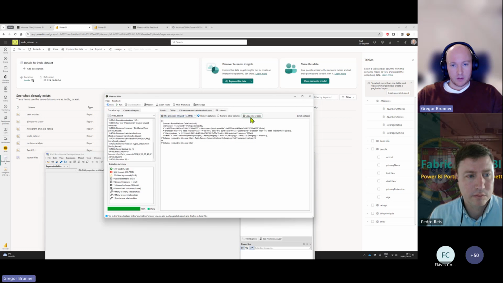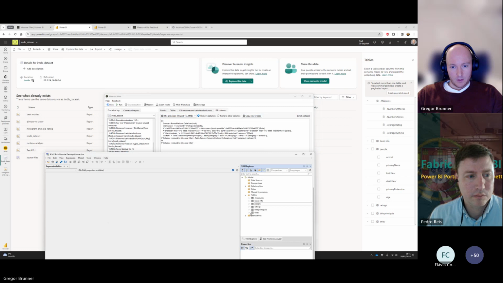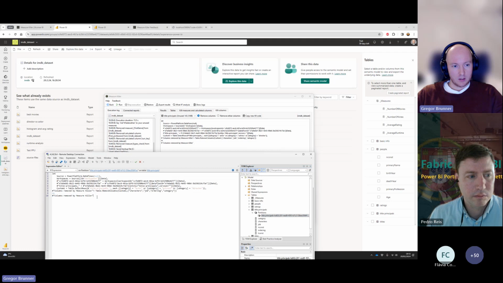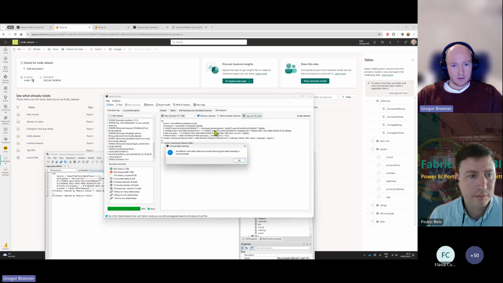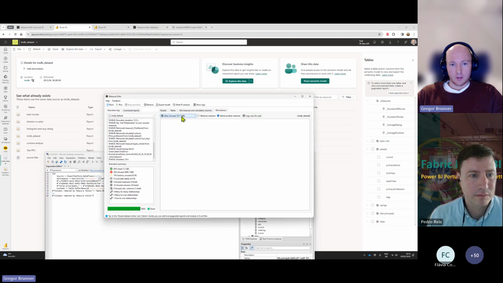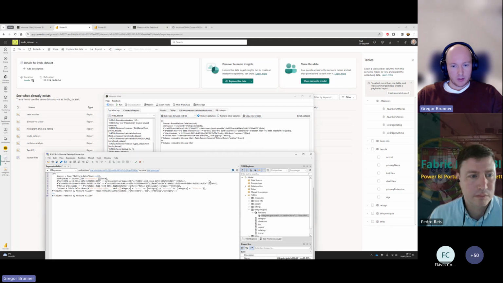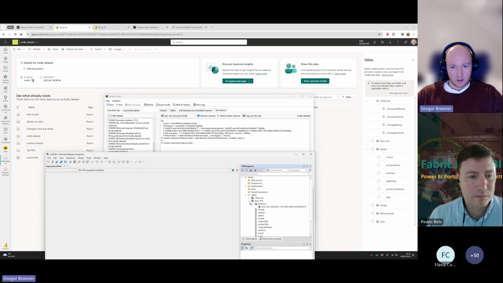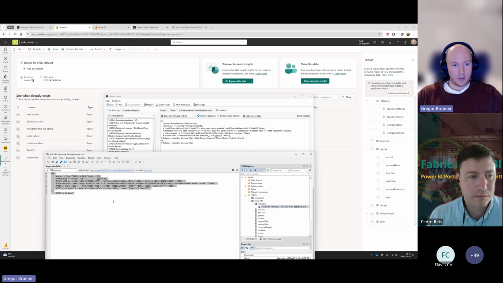This is pretty quick. Title principles, copy, title principles, open the partition, copy the M code, and you can see it just keeps everything and just adds the step at the end. Titles. Oh, here we don't have anything actually. Okay. So basically, it's telling me here that we have nothing to remove, so there's no M code to show. And then we have the basic info. So I can also do it here. Basic info. Let's see. Here we go. Copy, paste.